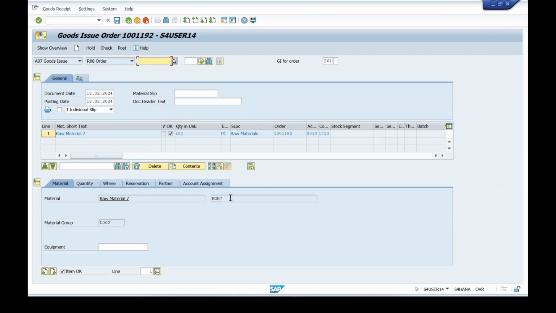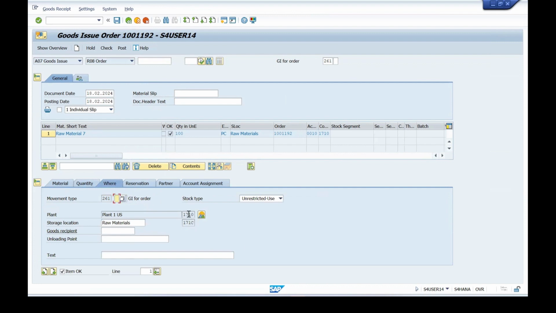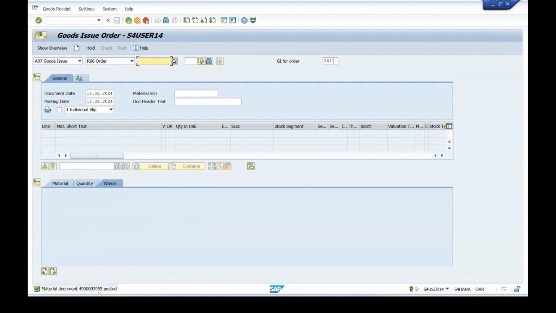I need this material, which is ROH7. How much quantity? 100 numbers. And where would I like to consume it from? This plant and storage location. Check it, post it. The moment you do the MIGO, your material document will be posted and the order status